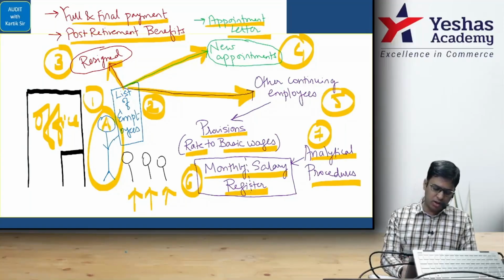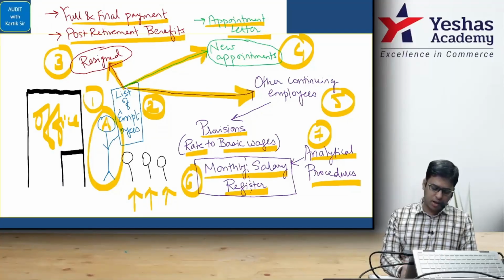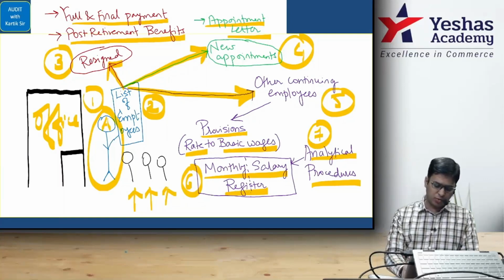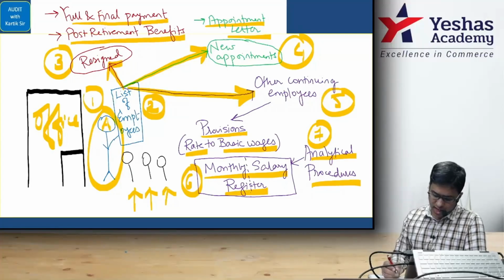Point number 2 now. Obtain a list of employees at the period end, along with the monthly movement split between the new hires, new joinees, leavers, people who are leaving the company, and continuing employees. Point number 3 stays as 3 here. Bullet point number 4 becomes 3 for us, and bullet point number 3 becomes 4 for us. It is 1, 2, 4, 3 here. First, let's read 3.